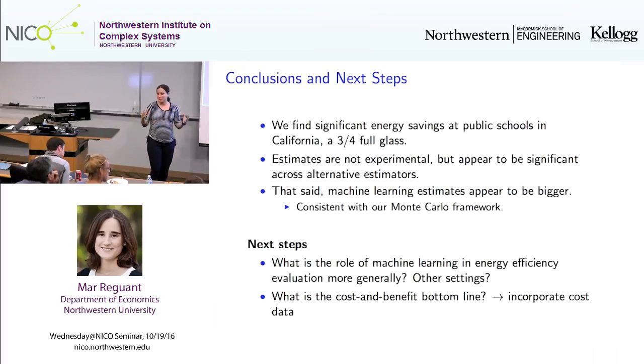This means that we have work to do. We still don't have the answer, but we hope that with this, we will be able to think about how machine learning can help us in evaluating these energy efficiency programs more generally. Again, especially taking into account that measurement error might be a concern, and that also there is a wide heterogeneity across the treated units. Down the road, we just got the data yesterday, as I mentioned. We do have better cost measures, so we hope that we can also do a cost-benefit analysis. But for now, we just have to focus on the electricity data, which is the one that we actually can measure well.